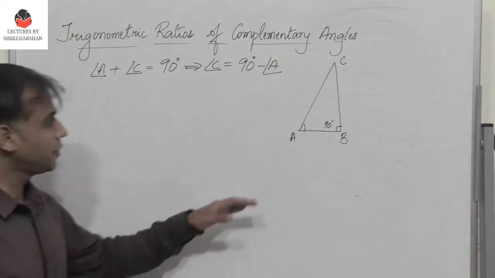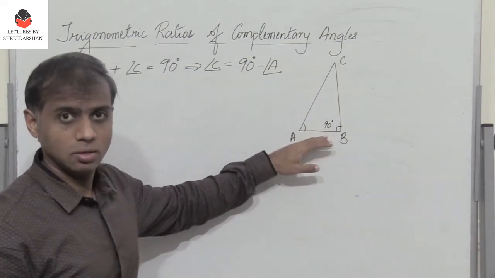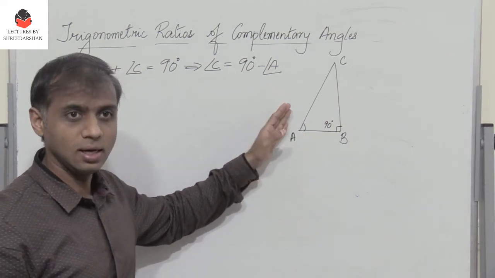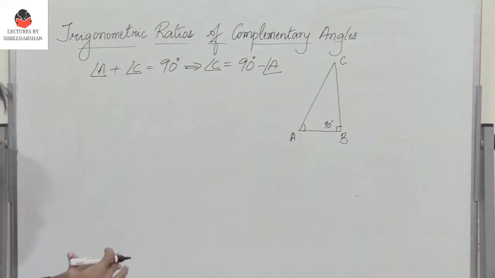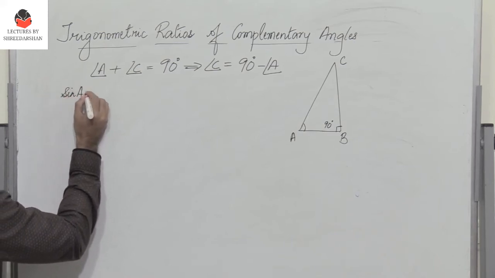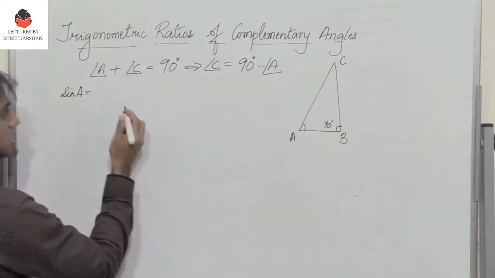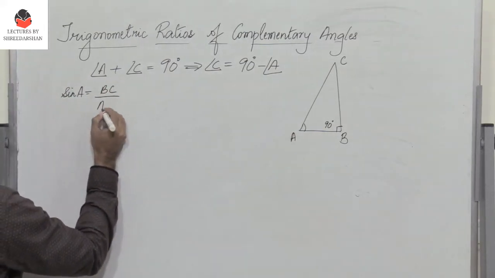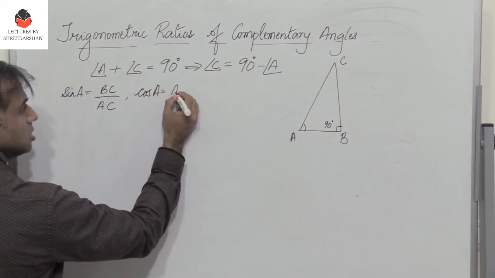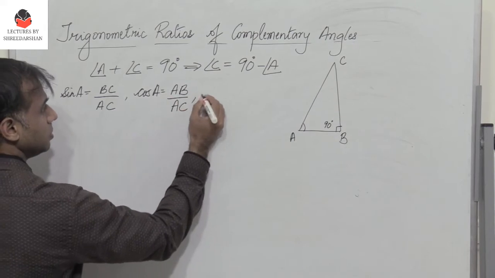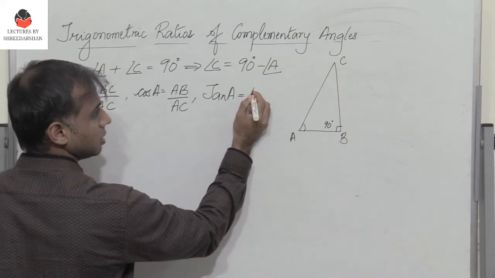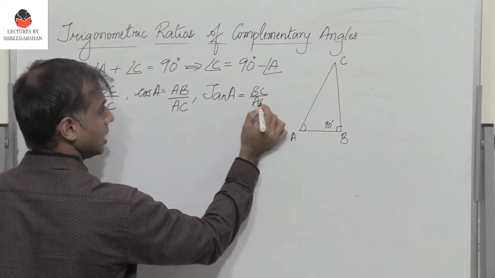Right? So now let us define again all the trigonometric relations with respect to angle A. So let me define sine A, cos A, tan A, and so on with respect to A here. So we already know that, but let us list them down. So what is sine A? Sine A is the opposite side, which is BC divided by hypotenuse AC. Next, what is cos A? Cos A is adjacent side AB by AC. Next, tan A. Tan A is nothing but opposite side BC divided by the adjacent side AB.